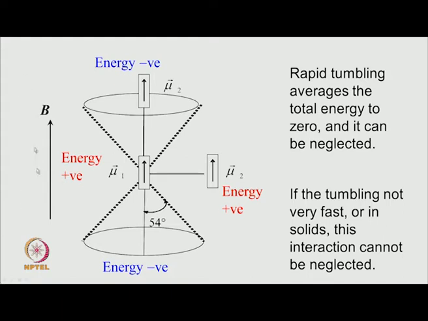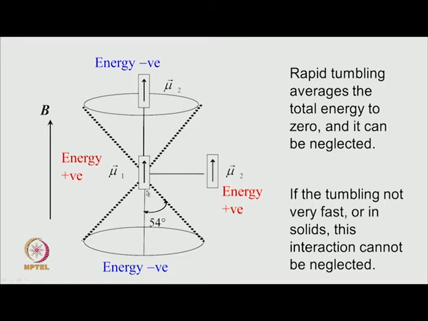This is the direction of the external magnetic field, and let us say one magnetic moment is fixed here and the other one is moved from this arrangement to this arrangement. Here these two magnets are parallel to each other. So, north pole is pointing to north pole, south pole is pointing to south pole. So, this energy will be repulsive. So, we call the energy positive. Same is true if this magnet is brought here.